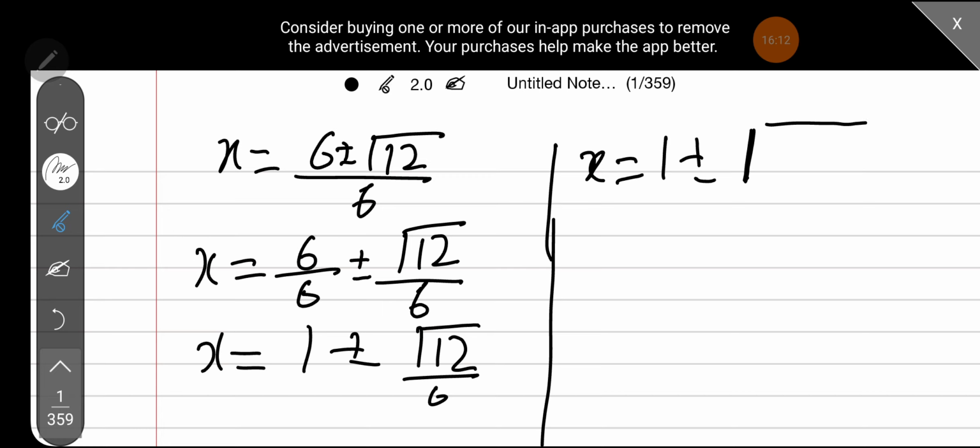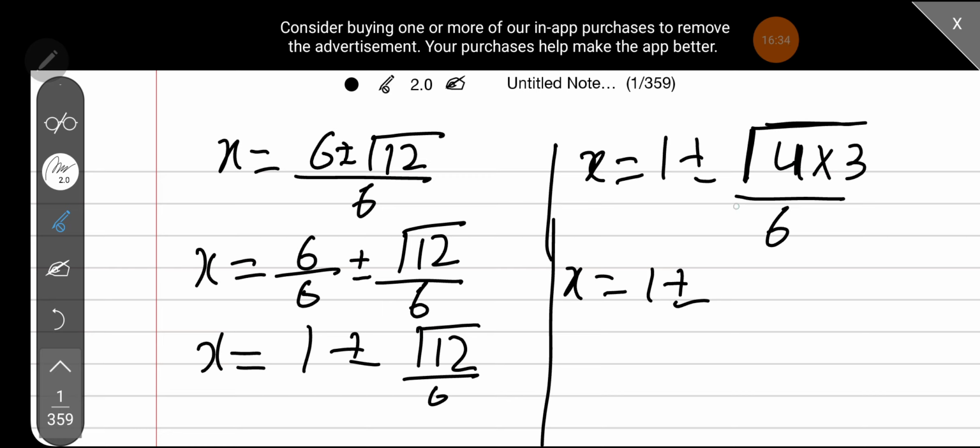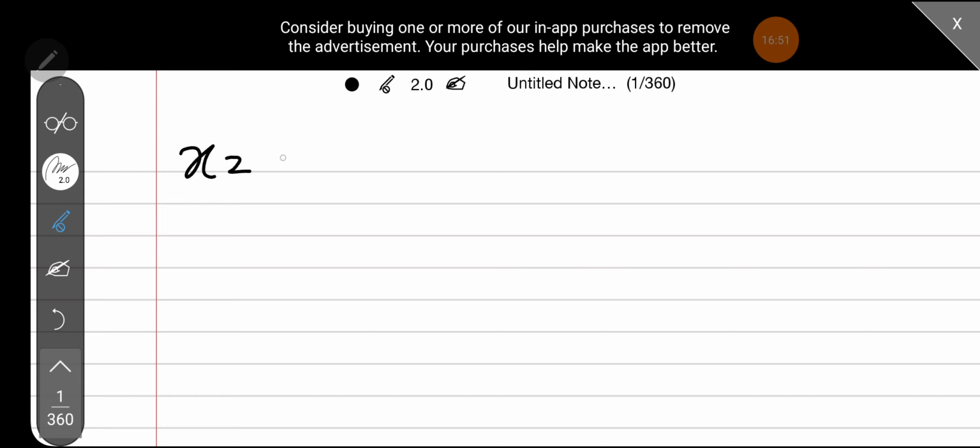In order to solve this equation, if we remove the 2, this is the final answer. X is